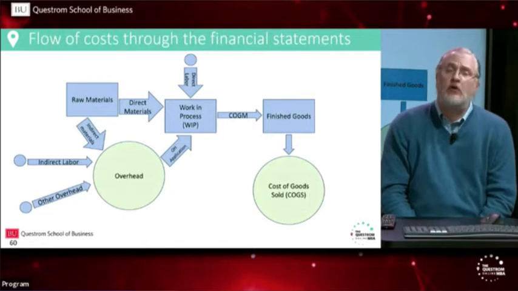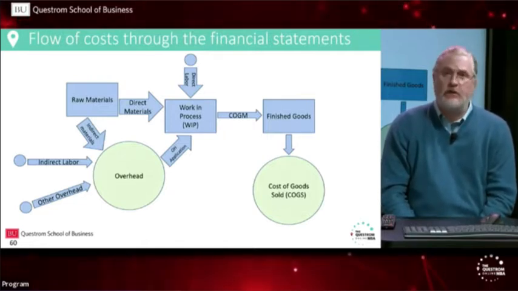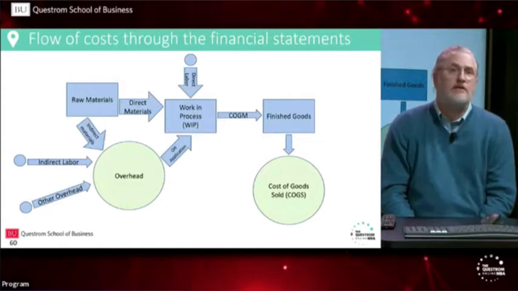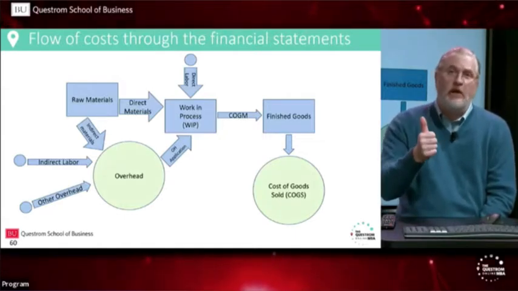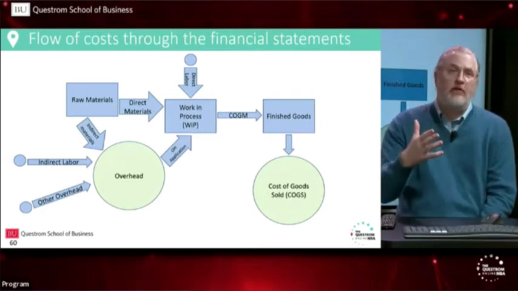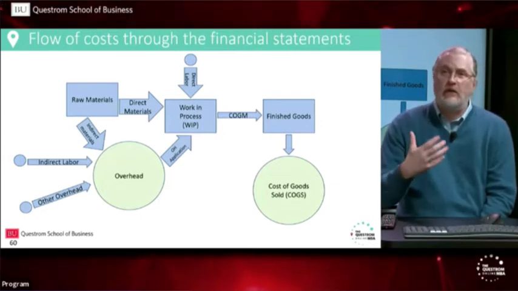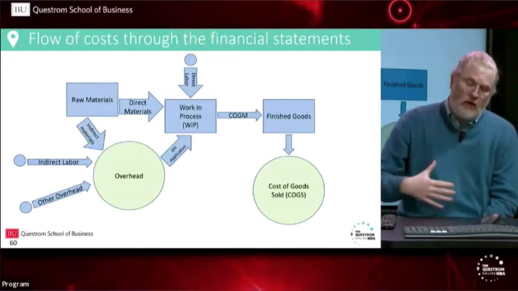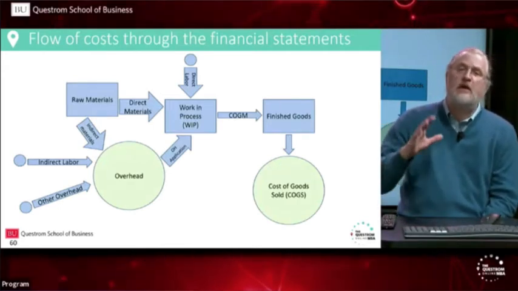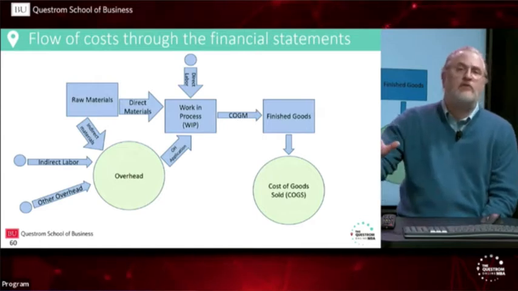Now, if there are any hardcore accountants in the room, you probably already just straight up expensed hair nets when they arrived because it was an immaterial cost and it's just easier to expense it. And if you get what I just said there, I'm just pointing out you're right, and that's a good way to think about it, and I do see that that's the better way to do this. But in the idea of teaching the class, think of it as every material that arrives from Grainger goes